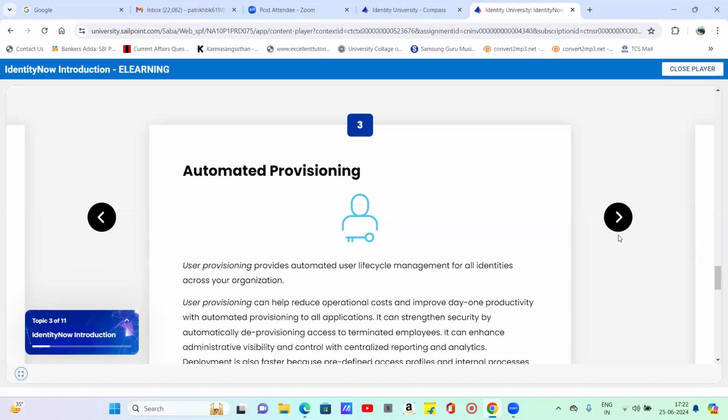Yeah, yeah, Pratik. This concept, a little bit I know. Birthright access means whenever a new person joins,